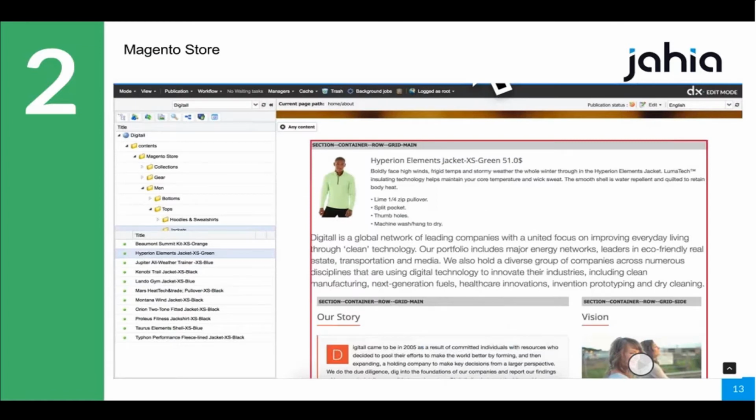Here is an example of the result of what we can achieve with that external data provider. In the demo website of Jahia, I connected it to a Magento web store. So in my contents, I can browse my products, I can browse by categories, and then I can drag and drop a product anywhere I want in a page and render it directly. That's what an external data provider is used for.